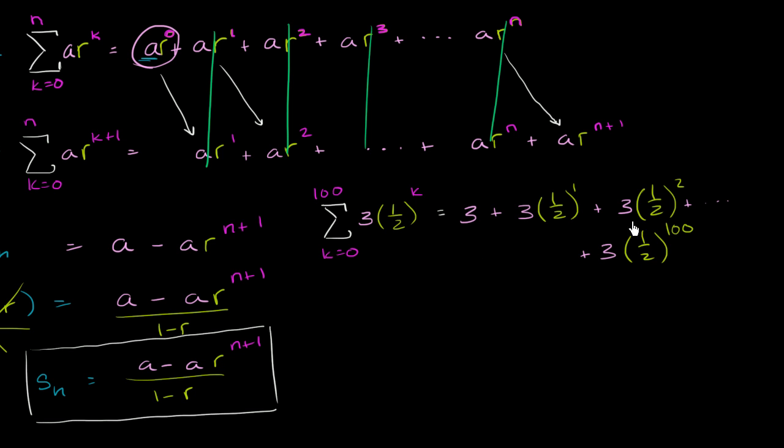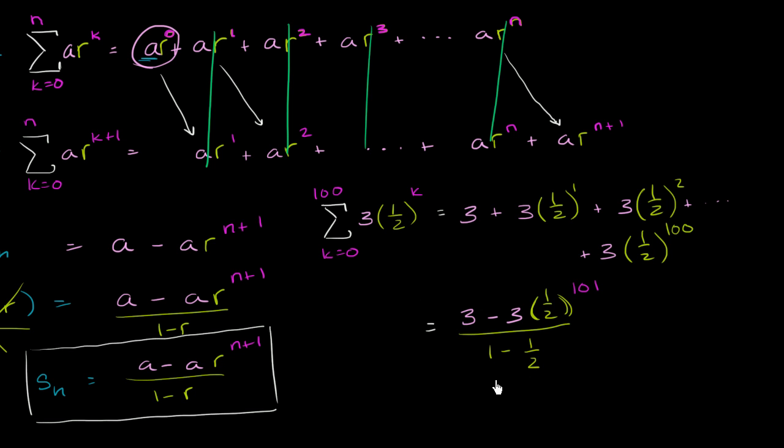Now you could probably calculate this with a calculator, but it would be very, very time consuming to add up these 101 terms. Instead, we can apply this formula. This sum is going to be equal to our first term, which is 3, minus 3 times 1 half, our common ratio here, times 1 half to the n plus 1. Well, n is 100, so it's to the 101 power. All of that over